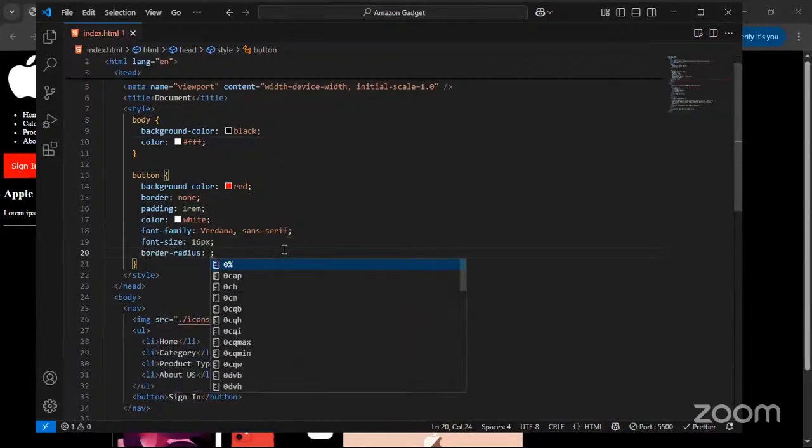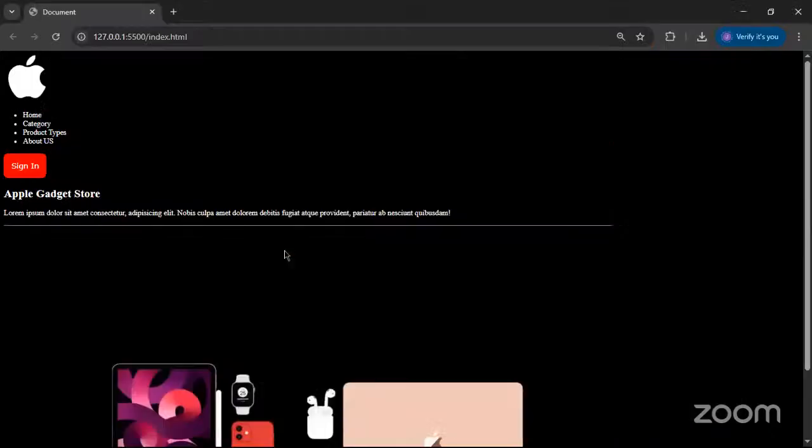The border as 10 pixels. And it's as beautiful as that. Let's give ourselves